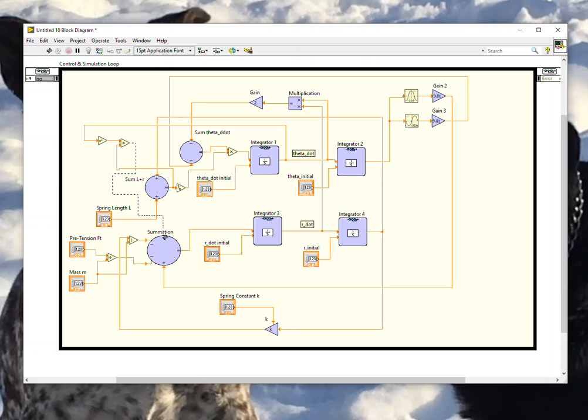And over to my plus input. Lines get a little bit crossed here. You can do a better job of laying these out on your own, but